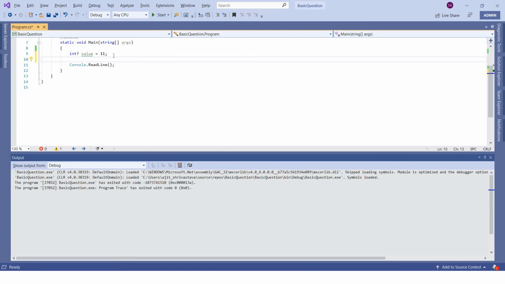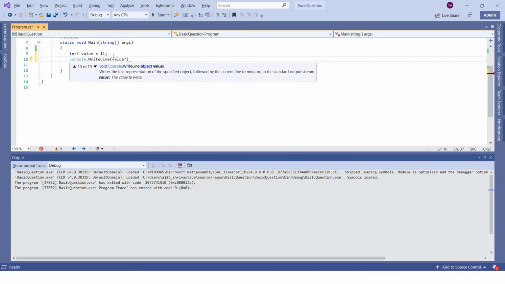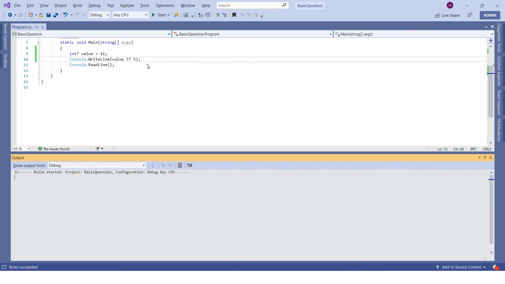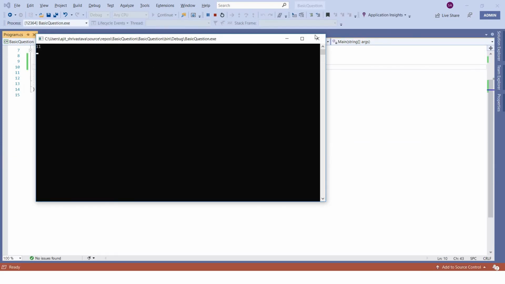The way we should use it is Console.WriteLine. Let me just print it, then I'll explain what is happening here. It is printing 11.